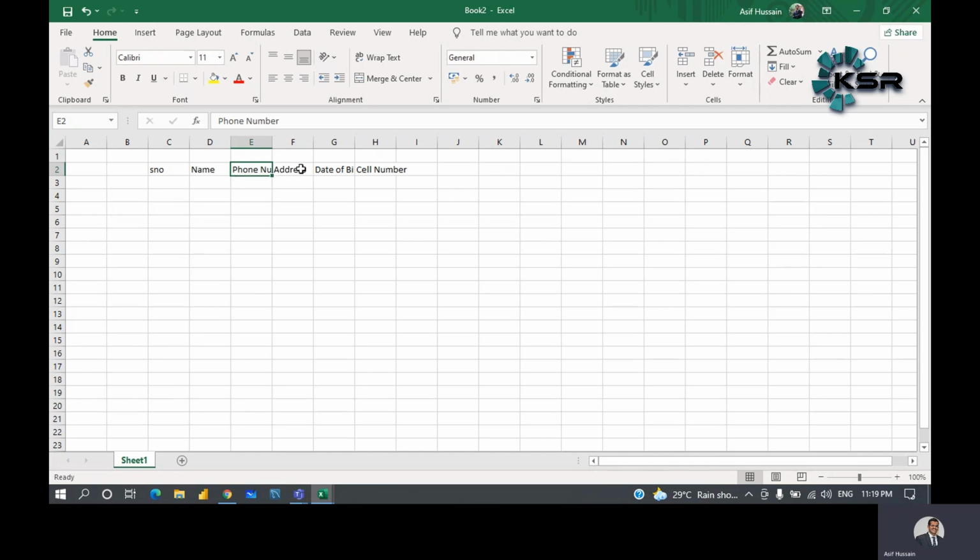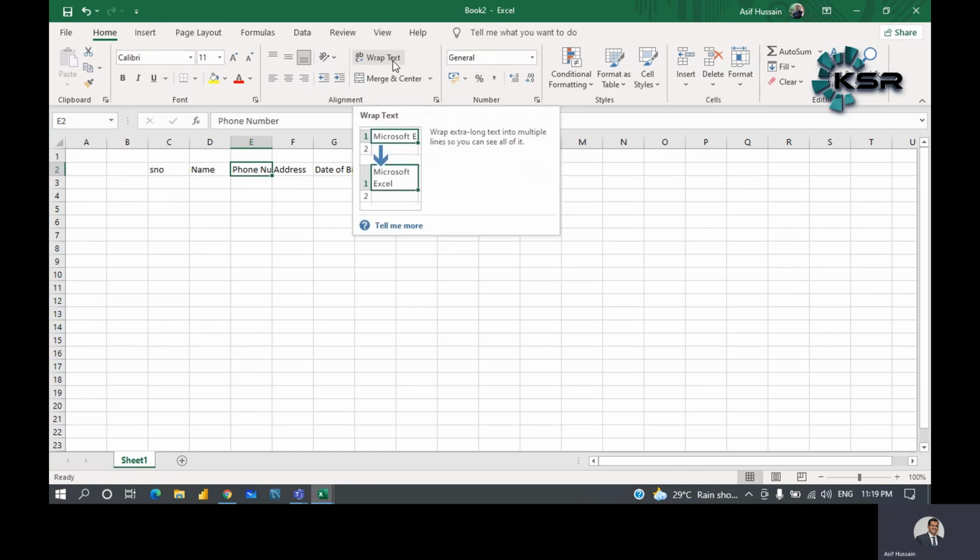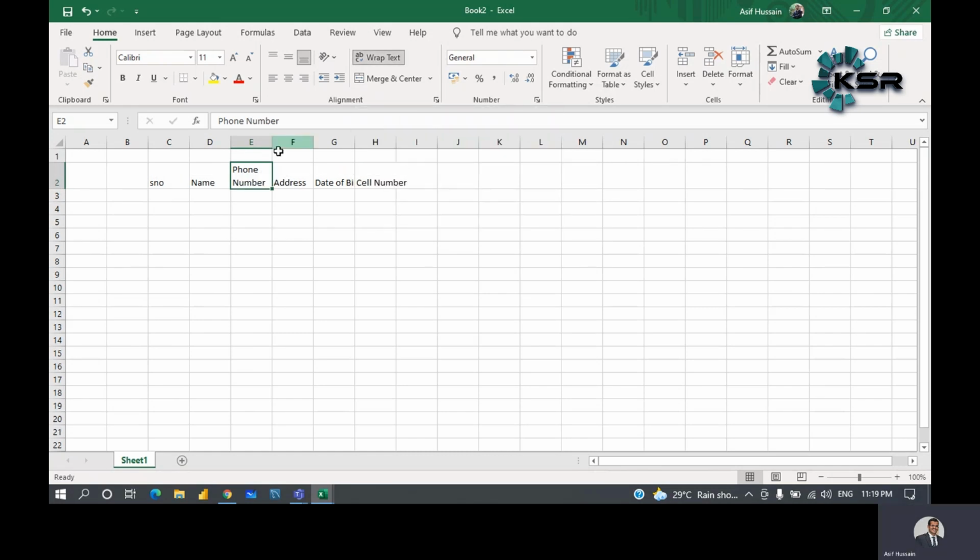For this kind of thing, we use wrap text. If you have large information in one box, you can click on wrap text, then the information which is hidden will be displayed completely.